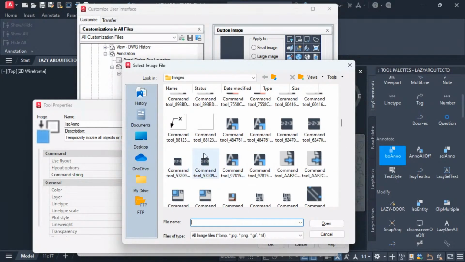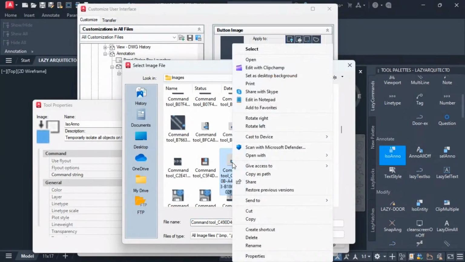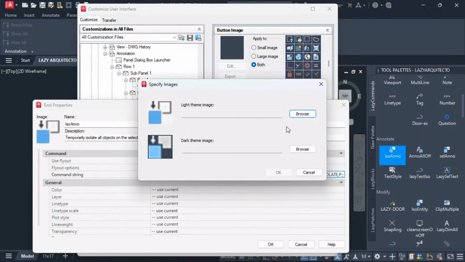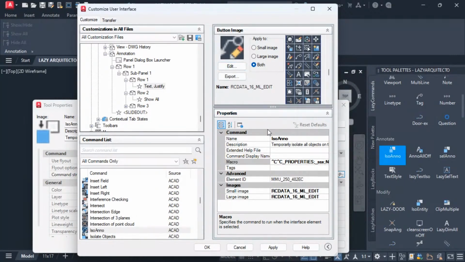So I'll have to find that icon again. So I'm gonna assign an icon from here really quick. Just to keep things moving, I'm gonna assign an icon. Let's say this one right here, right? Again, that's for explanation purposes. So I'm gonna hit apply,